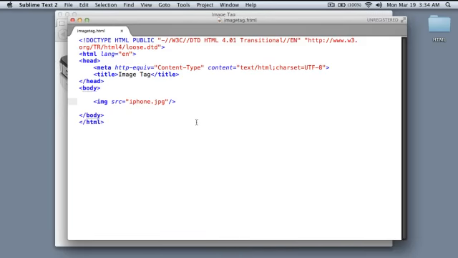Now, for instance, if the image is missing on the server, or due to some reason the browser is unable to fetch the image from the server, then the browser will not be able to display anything on the web page. So to avoid such situations, the image tag supports another attribute called alt, which has to be assigned with a text value, which will be displayed if the image is not able to be displayed by the browser on the web page. So I'll add some text to this,